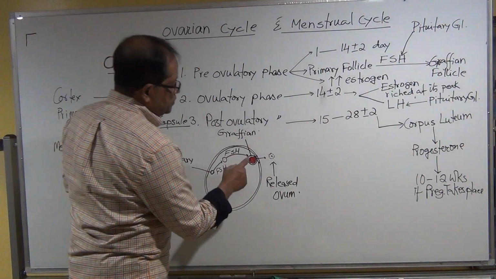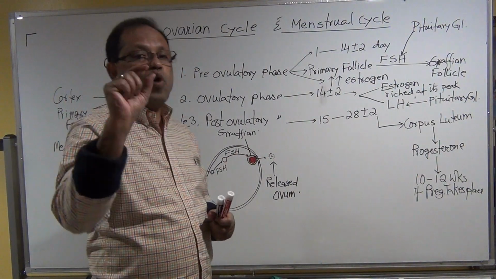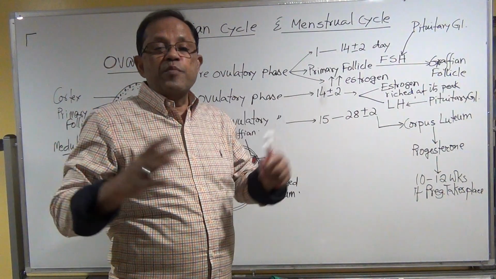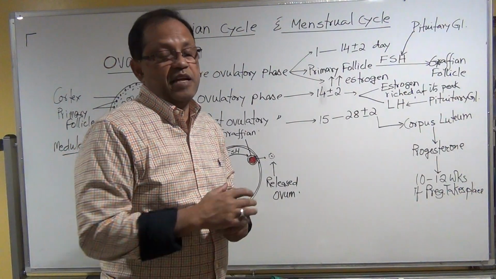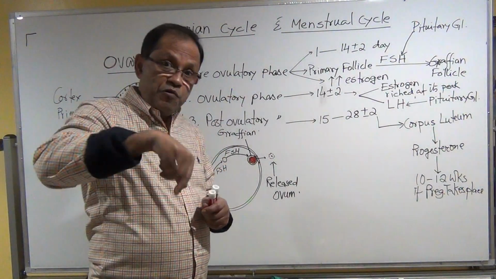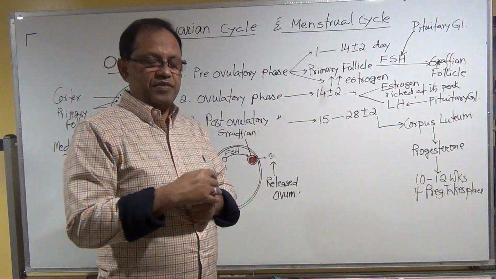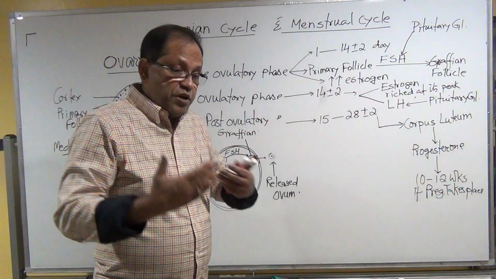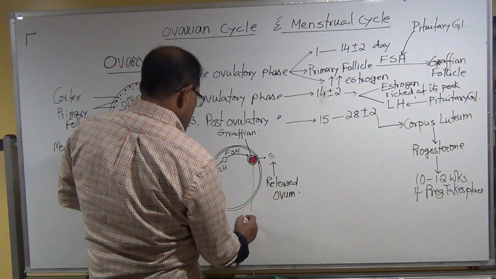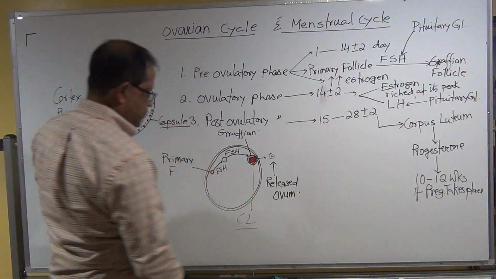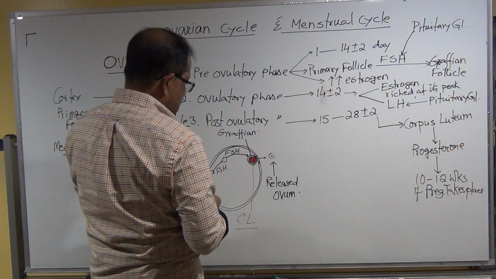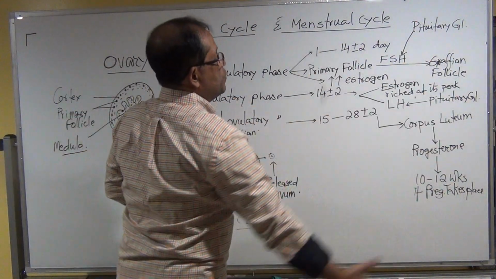And I found that this corpus luteum usually has a thickened wall and looks very prominent. Sometimes it is bigger than the Graafian follicle, and it is hypervascular around it. Why? Because it is alive, active. It is producing progesterone. Okay, so this is corpus luteum, CL. And this corpus luteum will remain prominent if pregnancy